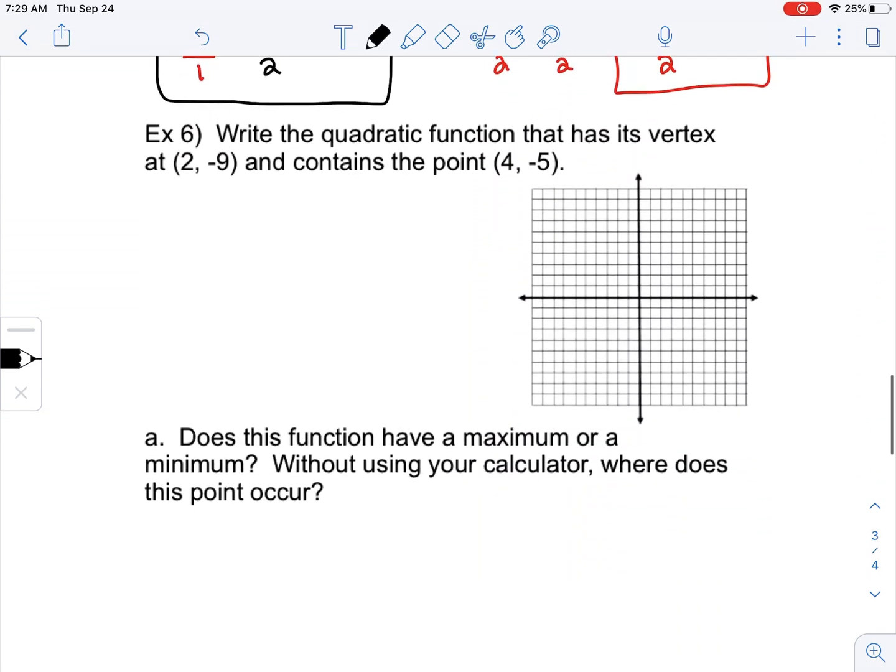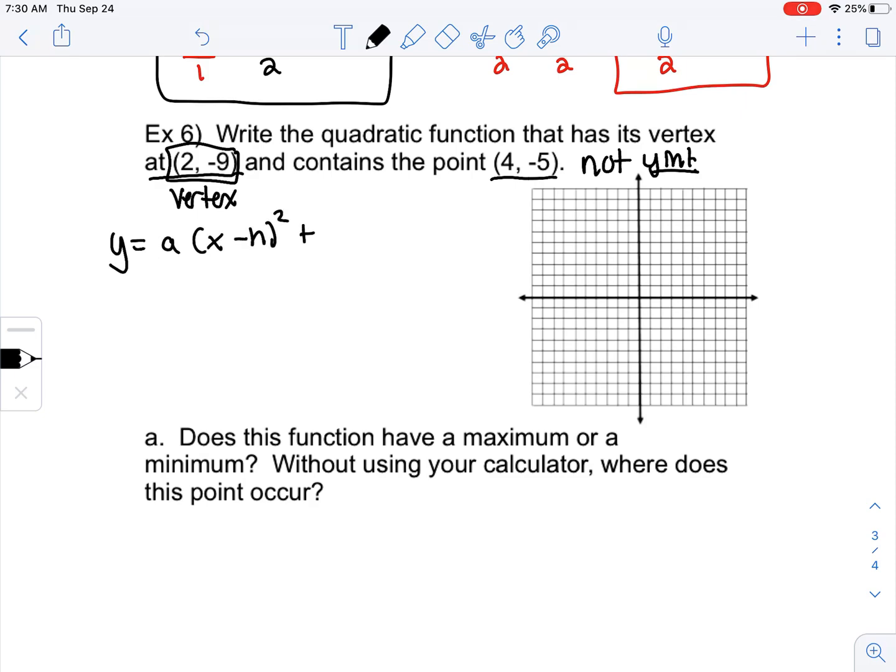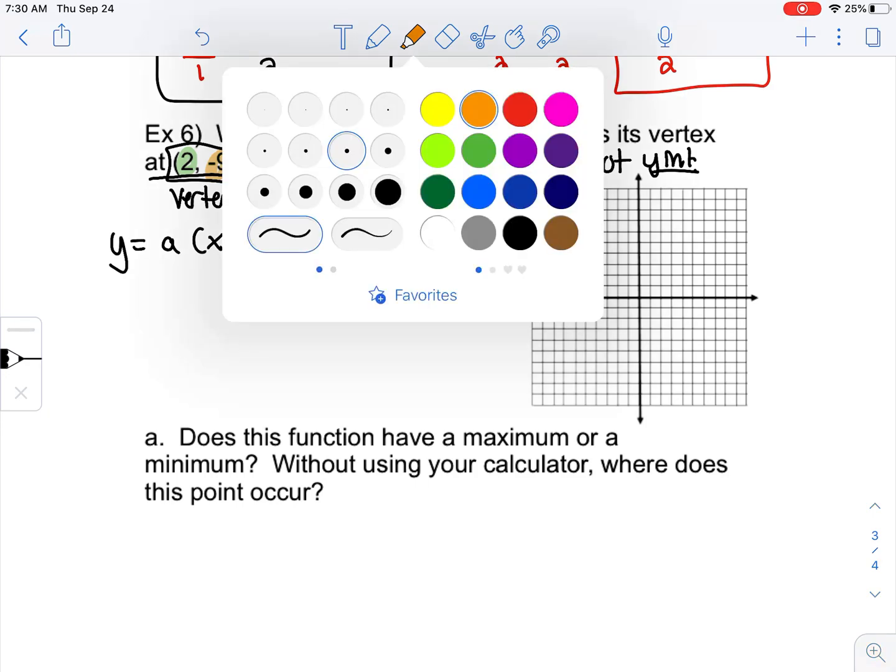Okay. The final thing I want to do is look at actually writing a quadratic function, given some information. So if we know we have a vertex and we know a point on the graph, now keep in mind this point is not a y-intercept because it does not have an x value of 0. Since we have a vertex, I would start with vertex form. y equals a times x minus h squared plus k. And the first thing we can do is plug in that vertex. We have an h value, we have a k value, and we can plug those in.